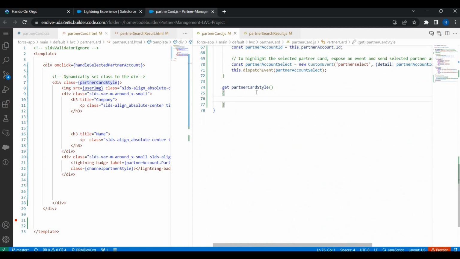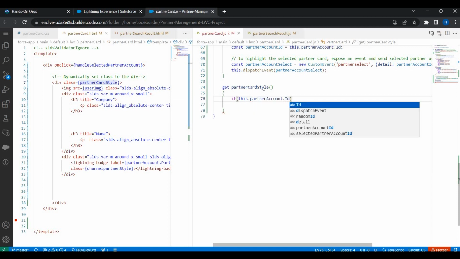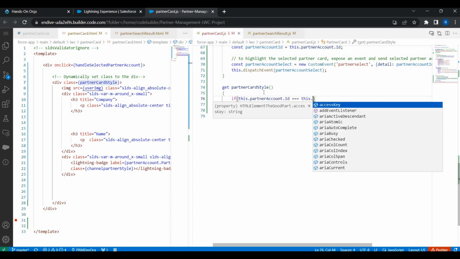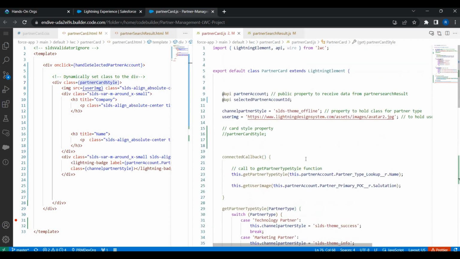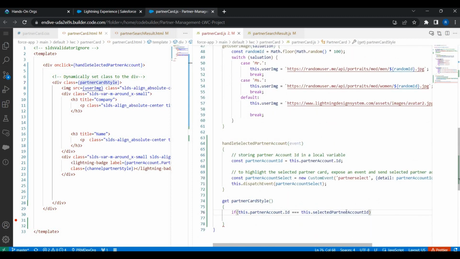Let's go back here, and this is a property for me, and this one will first check if this.partnerAccount.id, which is the current partner account card that the user has clicked, is equal to this.selectedPartnerAccountId, the one that we received from the parent. If both are the same, then